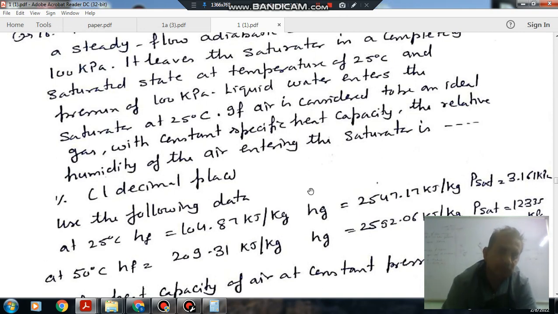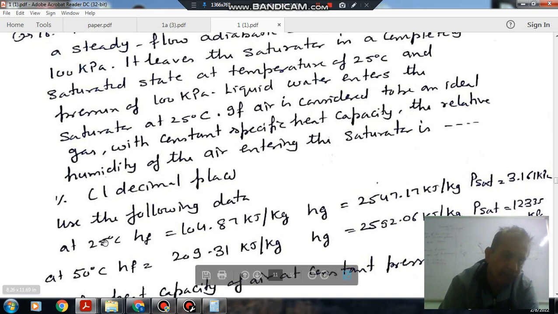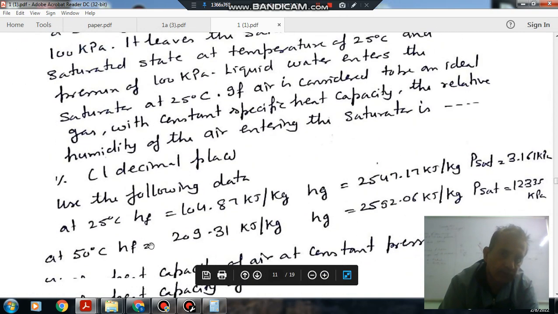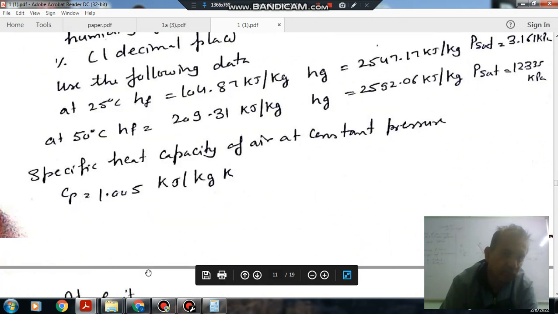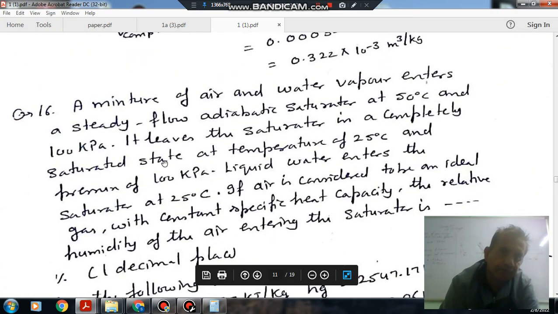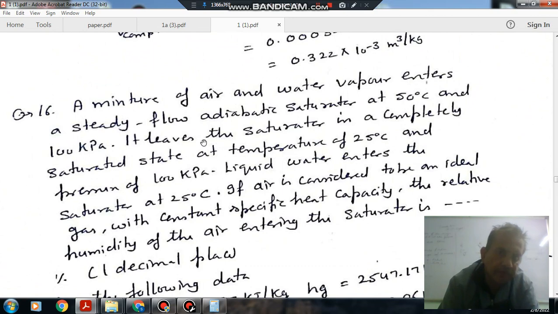Okay, use the following data. The properties of the water at 25 degrees Celsius and 50 degrees Celsius are given. Okay, and specific heat of air is given. Okay, now the air and water vapor are entering an adiabatic saturator, and the air is at 50 degrees Celsius